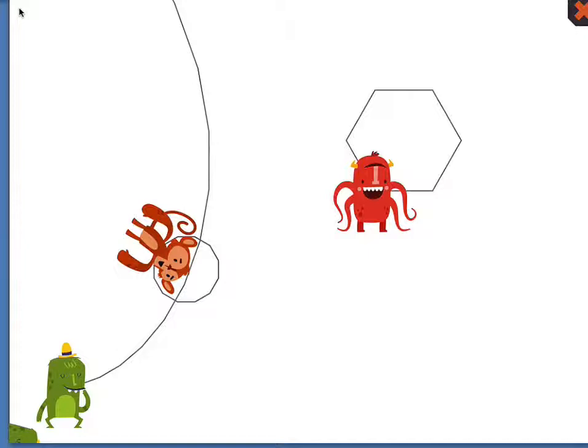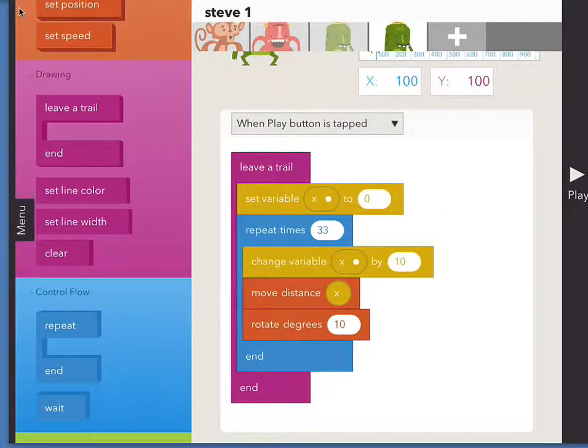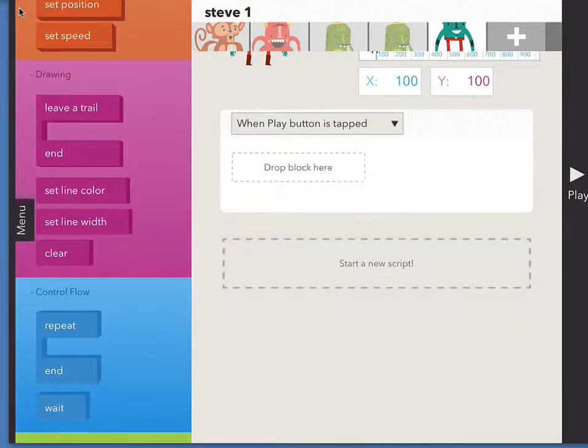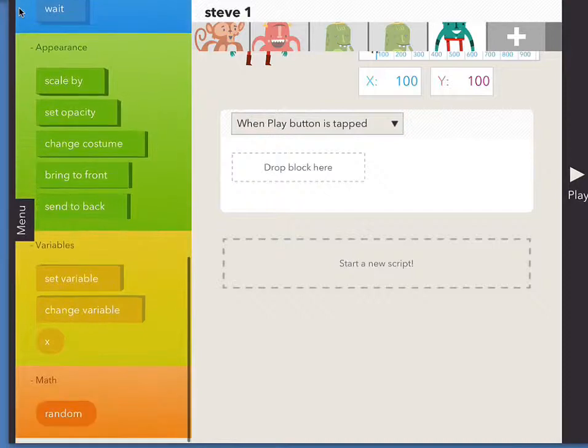Notice the funny thing the frog is doing on the edge, because it's walking and it's going and reaching out over the edge, and whether you're in Scratch or Hopscotch, you always have a problem with the edge. So we have variables, and you can even do things with variables as you would in Scratch to add up numbers. So I will grab another one, and I've got a new object there,